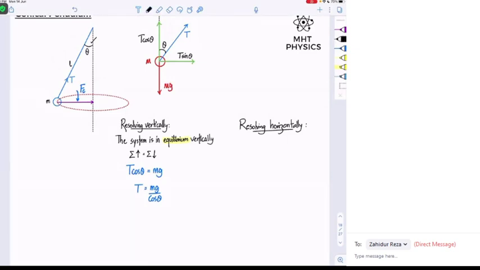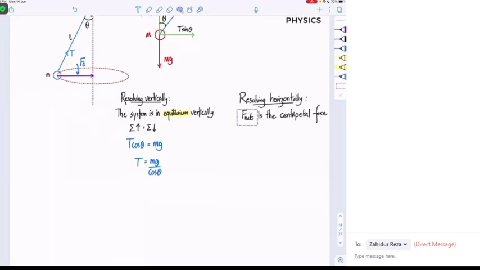So what do we write here? Resolving horizontally, F net is the centripetal force. Okay, so there is a net force towards the center, which is the centripetal force. This is very important: a system must have a net force to be undergoing circular motion. Because if this force and that force cancel out, then there is no force to take it inwards, right? So there has to be always a net force towards the center, which means